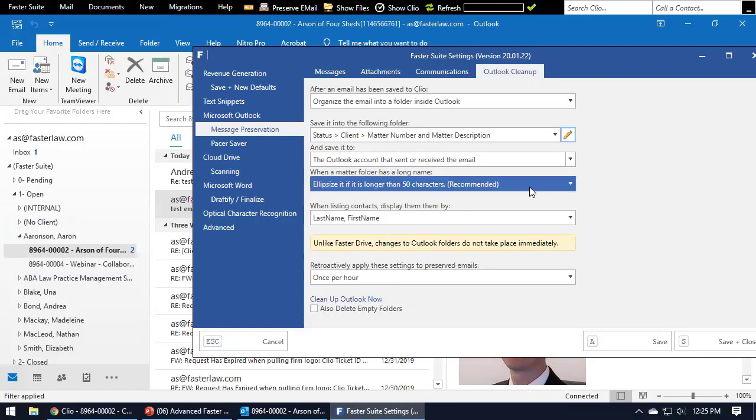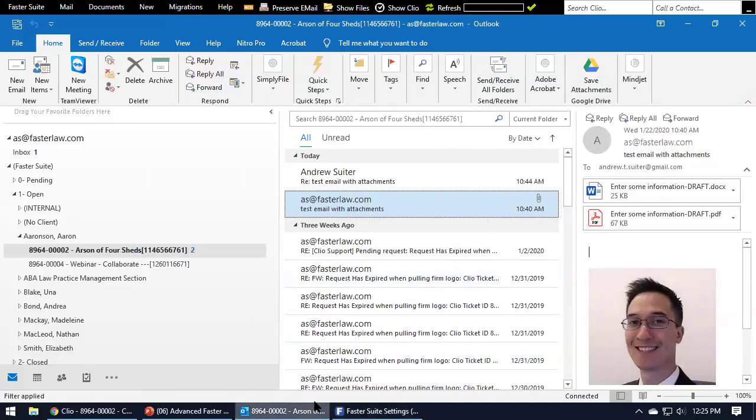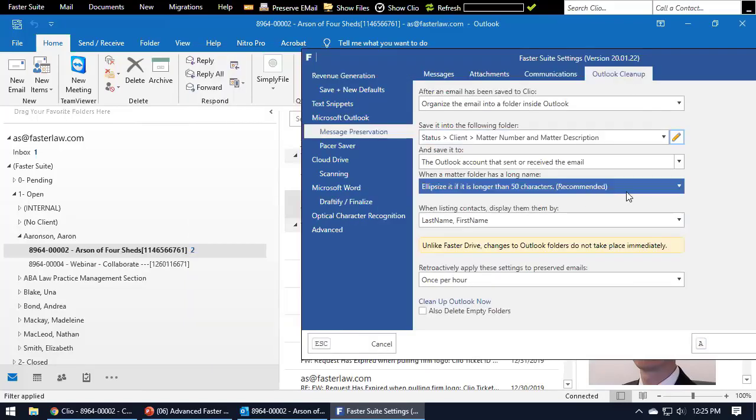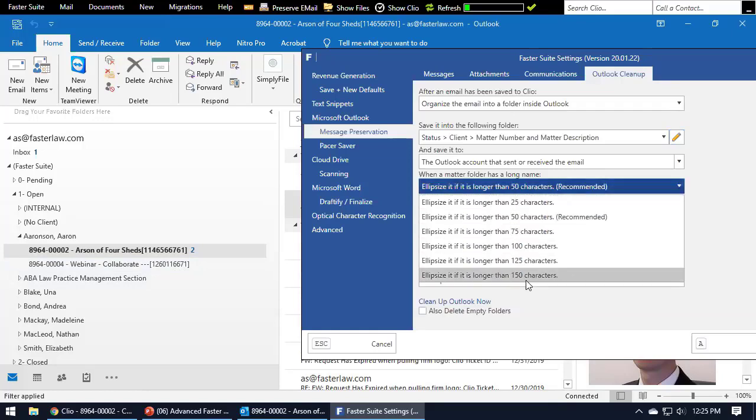So when a matter folder has a long name, in FasterDrive, we historically ellipsized things, or I guess we still do ellipsize things because Windows has an actual limit to the file path. So we try to keep folder names short so that we stay under that limit in Windows. In Outlook or in FasterMail, we brought that setting over in case you do want to use it. However, it's not as necessary here as it is in FasterDrive. So right now, the default is ellipsize it if it's longer than 50 characters. And you'll see over here, like this folder name is pretty long, so we cut it off at 50 characters just so it's not too long. We can always set this up to 150. There's really no